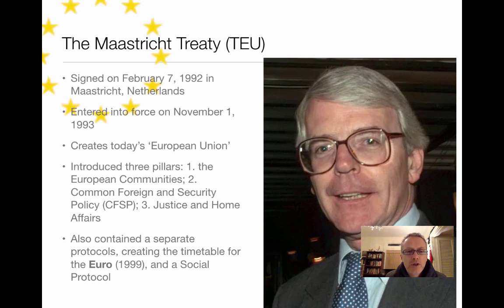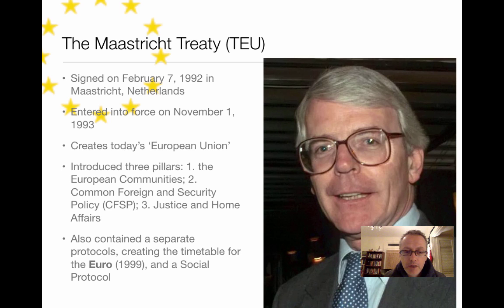And so there's, of course, the area of the European Union that we've always known and loved and understood, and that's going to be under Pillar 1, the European Communities. In this area, you're going to have something called a community method, which is going to be applied to anything to do with economic, social, or trade matters. And here, the Council is going to have this traditional QMV, but you'll need about 71% of the votes in order to get your agenda